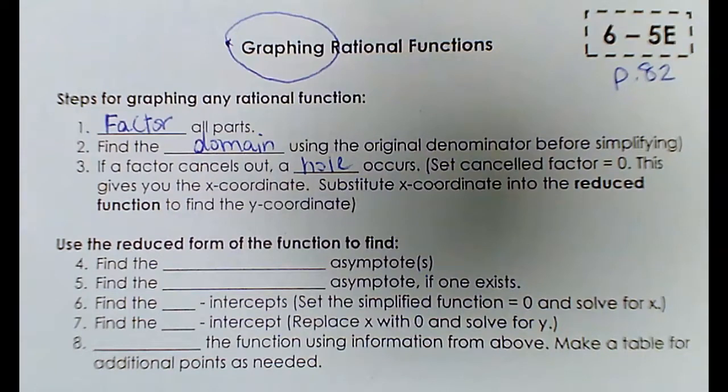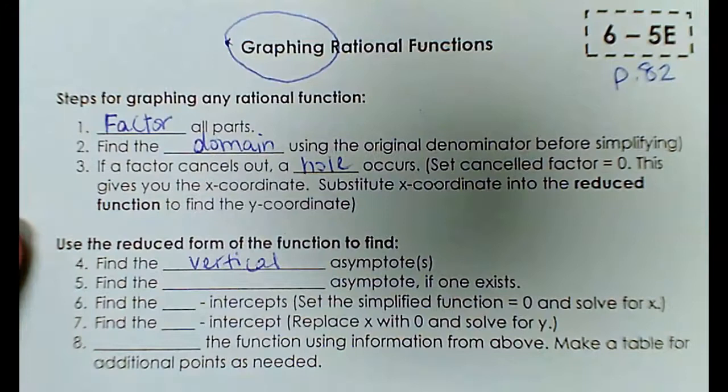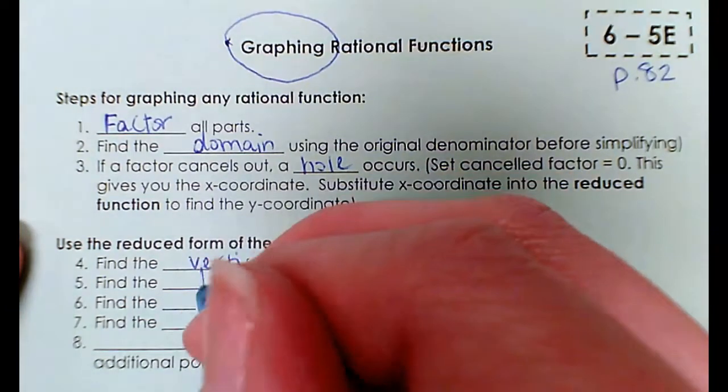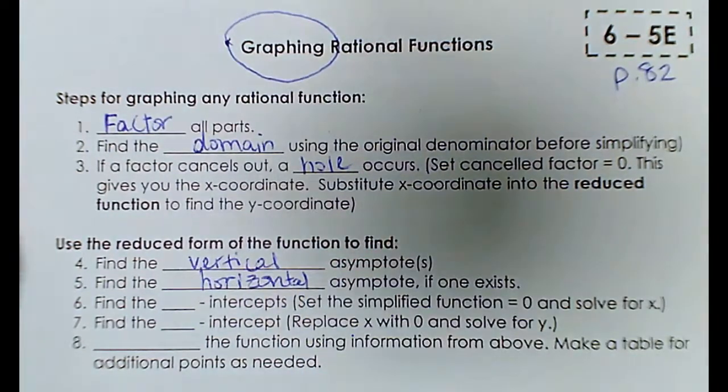So after that, we're going to use the reduced form. So once you take the hole out, if there is one, use the reduced form of the function to find the blank asymptotes. Vertical, and then find the horizontal asymptote if one exists, because remember there's a possibility that there is no horizontal asymptote. And there are also slant asymptotes that may occur, but that's the 6-5f notes that we're going to do after this, so there will be no slant asymptote on our